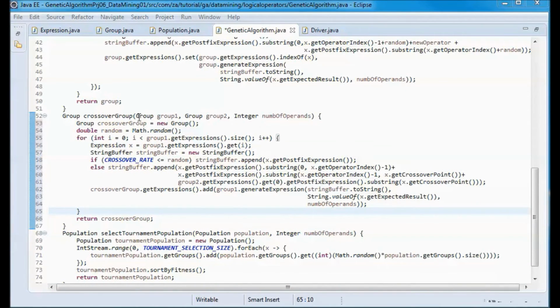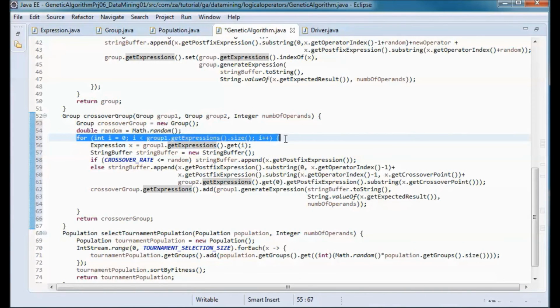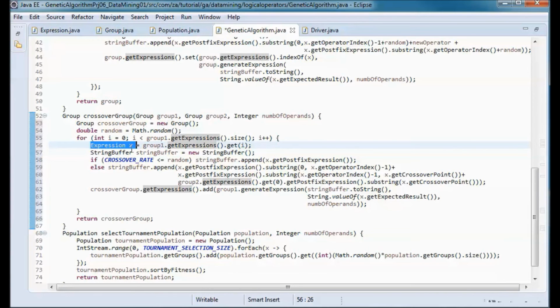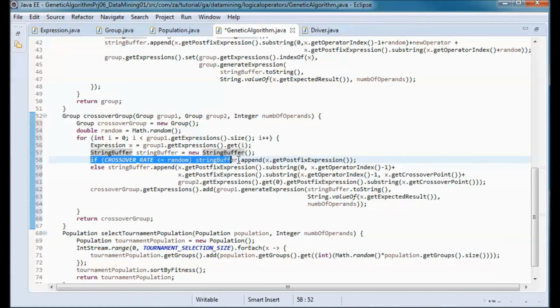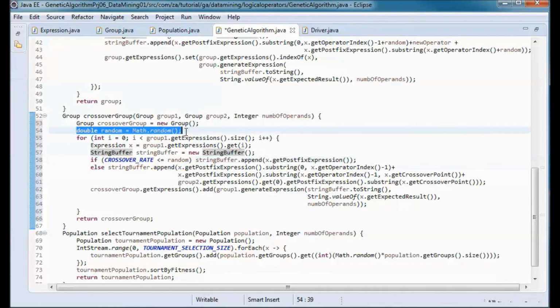And for all expressions in group 1, we pick up one of the expressions and we define this string buffer instance. And we will not perform crossover in case the crossover rate is smaller or equal to the random number that we picked up over here.